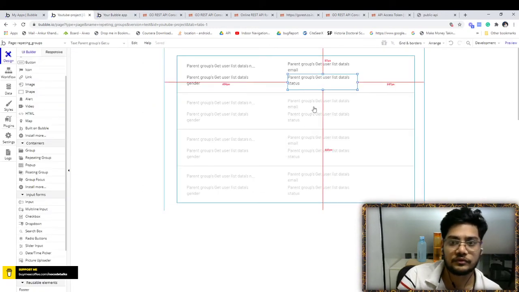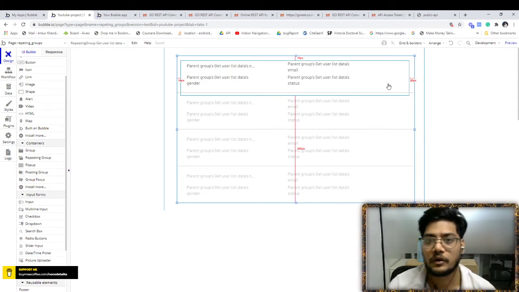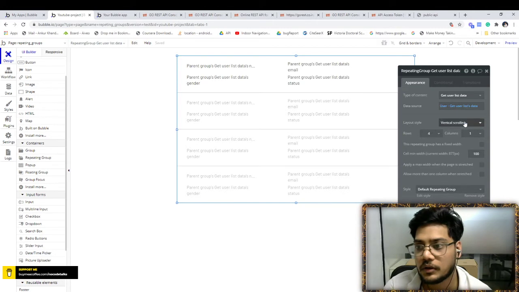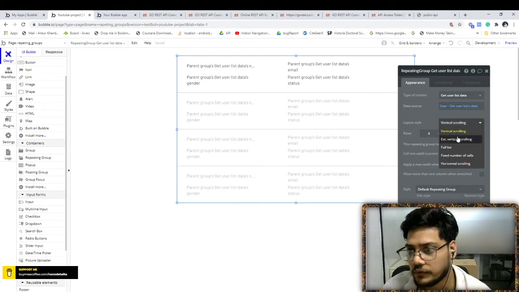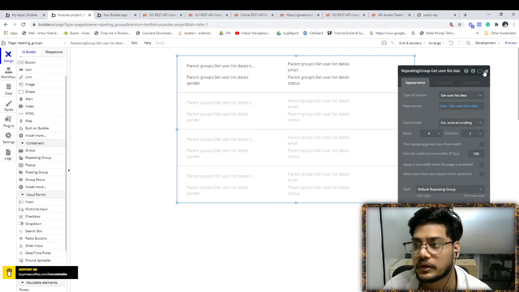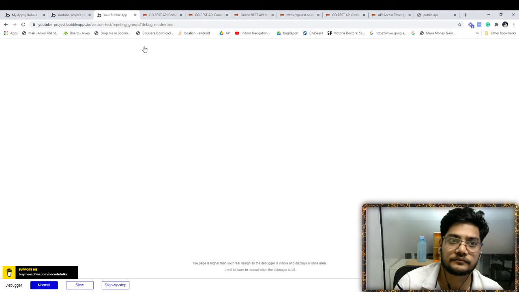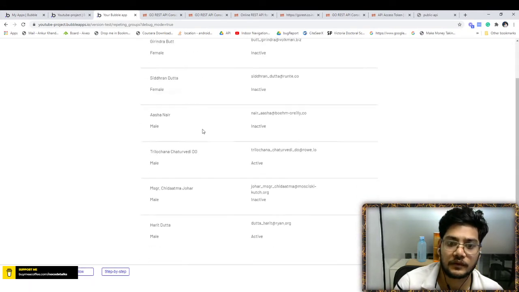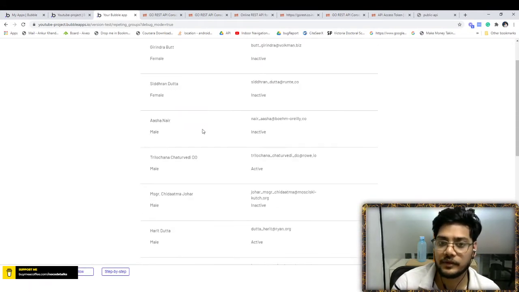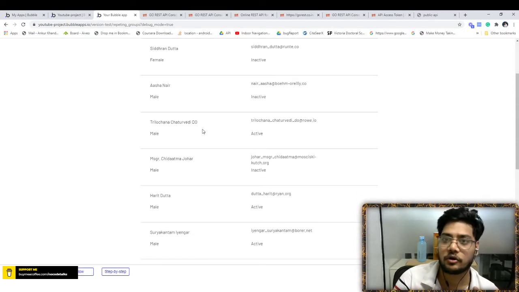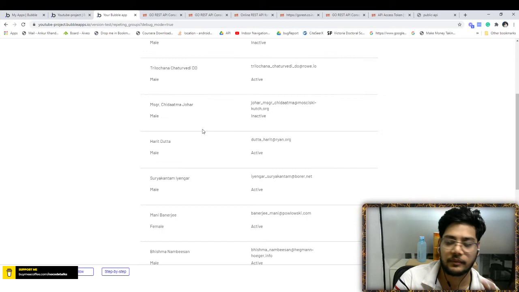Here are more options. If you click over this repeating group, here is vertical scroll. If you click on extension and preview, previously there were only 4 columns and after that it automatically loads from the table or API.